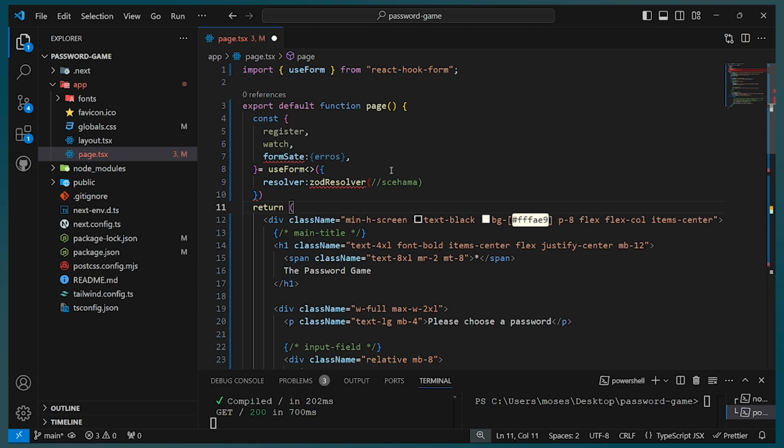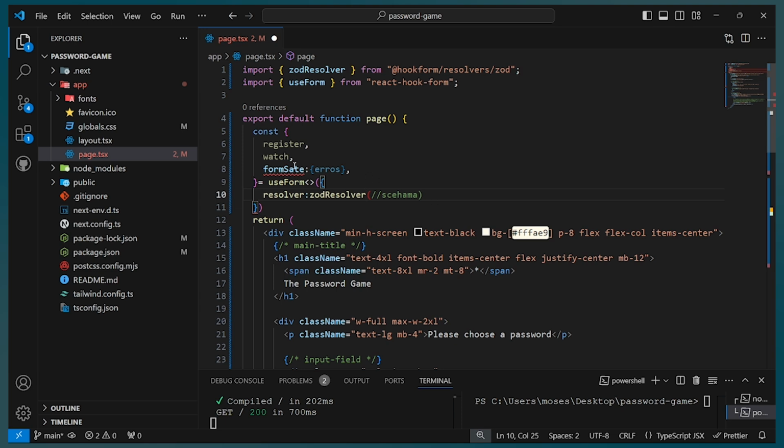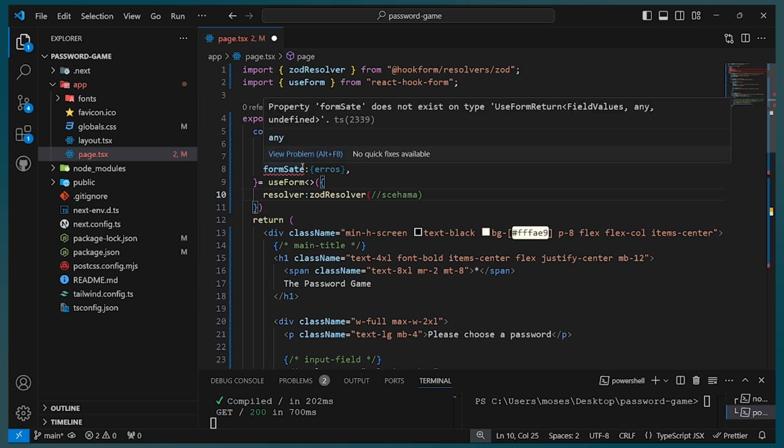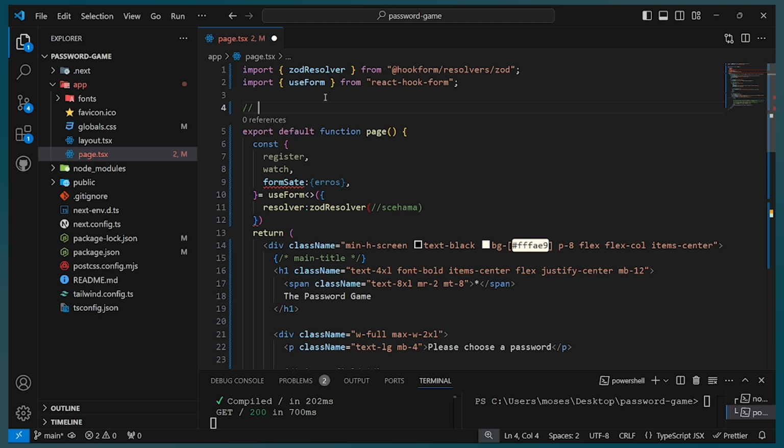So the first thing I need to do is to get my schema ready, which is going to be used in the Zod resolver. So the first thing I'm going to do, I need to import this Zod resolver, which is coming in from React Hook Form's Zod resolver, and I think now I need to make the schema. So just here I'm going to make, maybe I'm going to call it